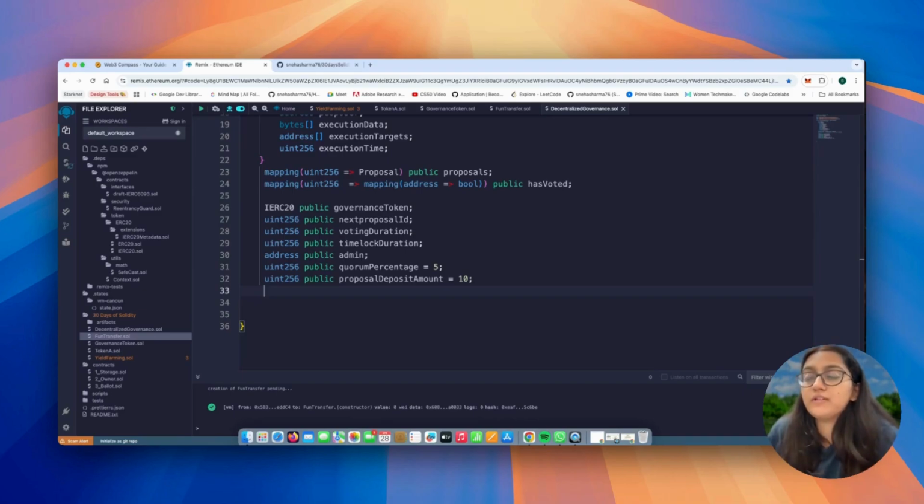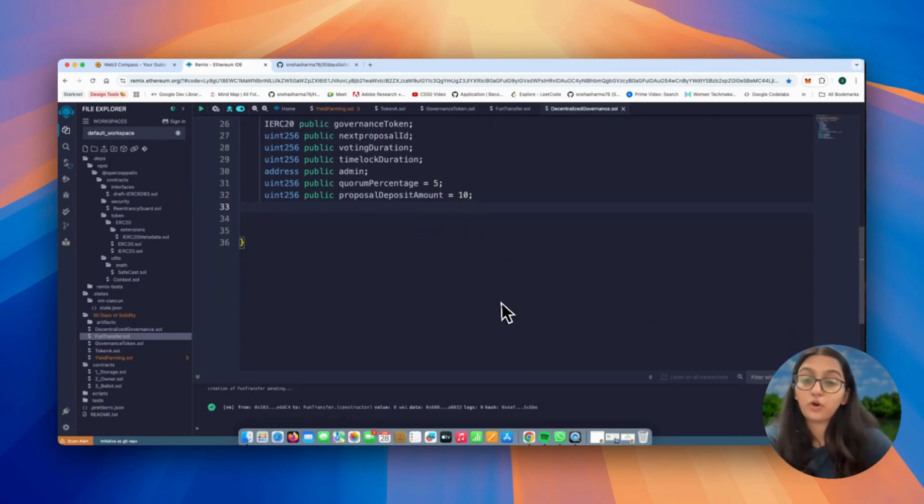And then proposal deposit amount is how many governance tokens a user must lock when creating a proposal. It acts as a spam filter, preventing people from flooding the system with random proposals without any consequences. So that's pretty much it. And now we will talk about